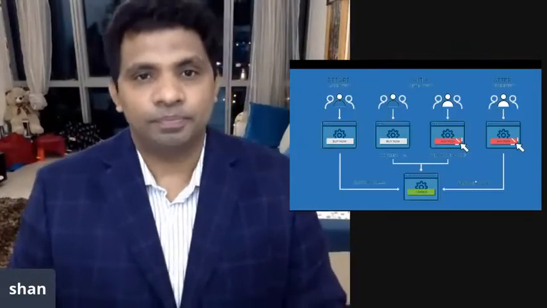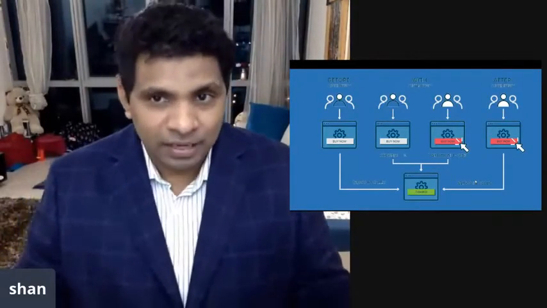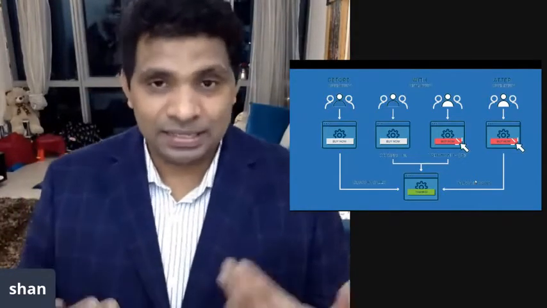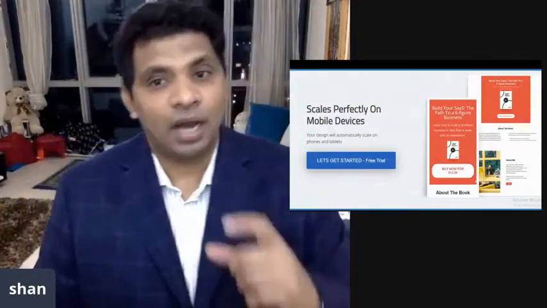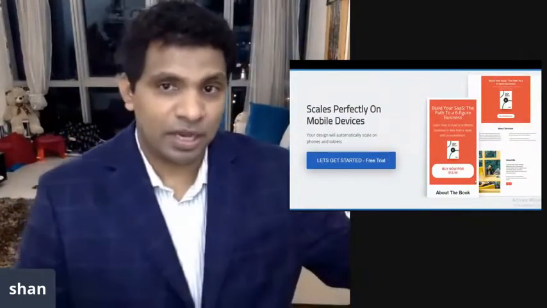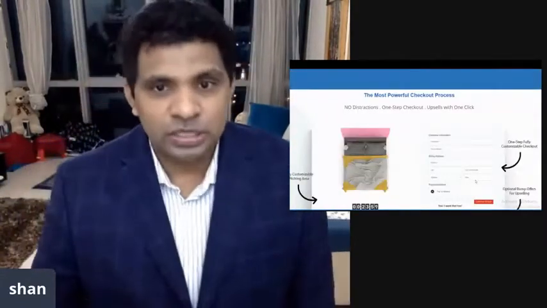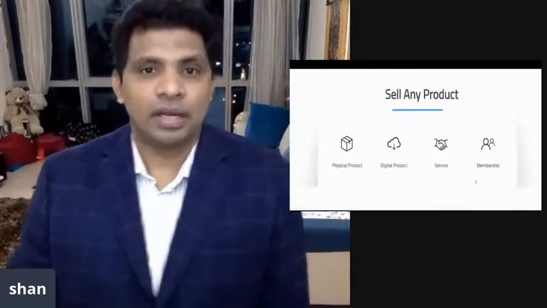When you do that, it gives you a feeling of which is better for you to use, and where conversion has increased, you can test and implement that. Now, for mobile devices, you can check how it will look when you're making a website, how it looks on a mobile website. You can also see the checkout process, how easy checkout will be. You can click on it.